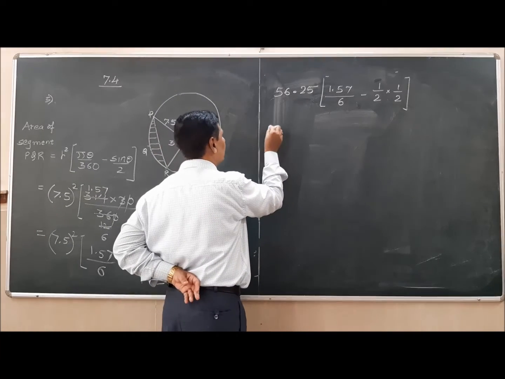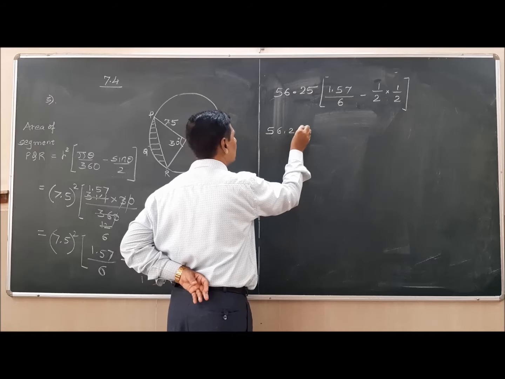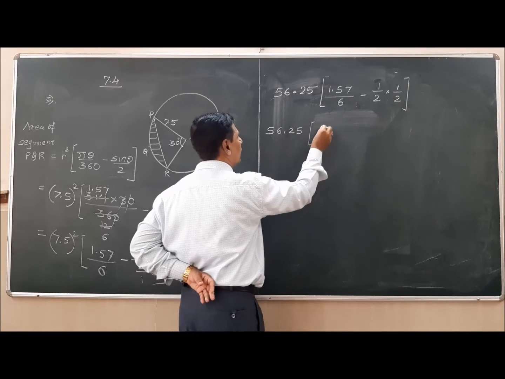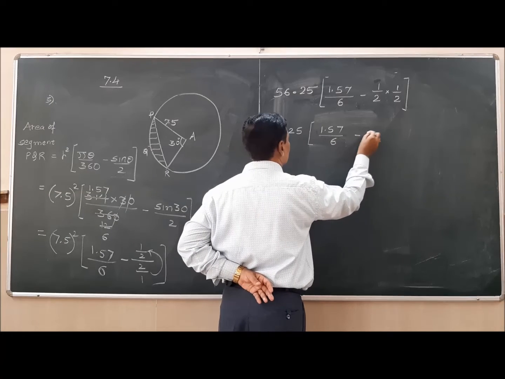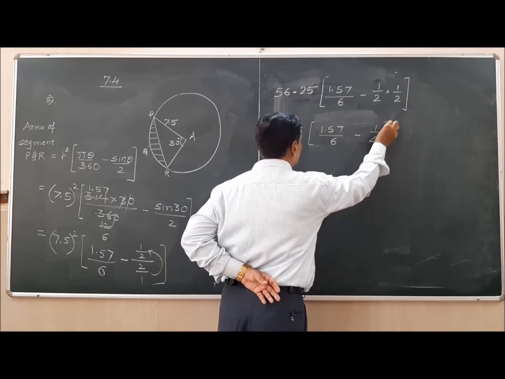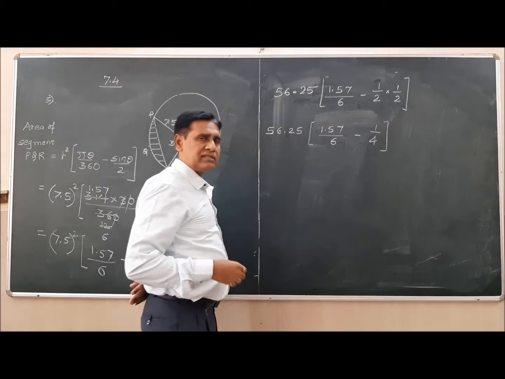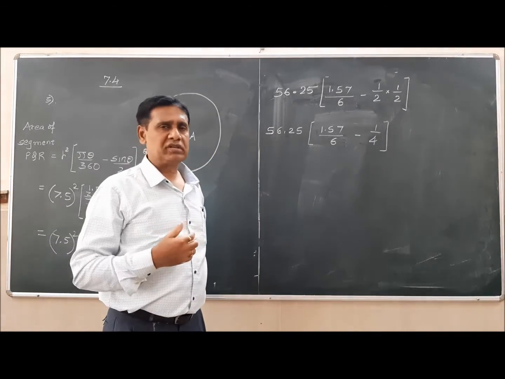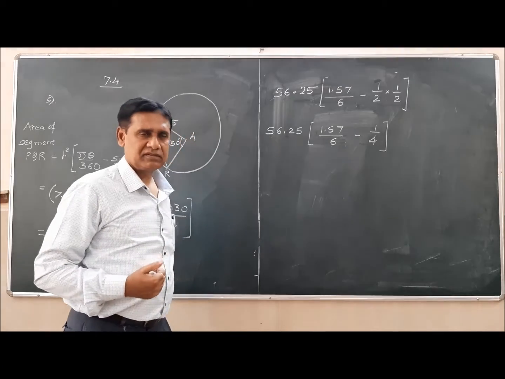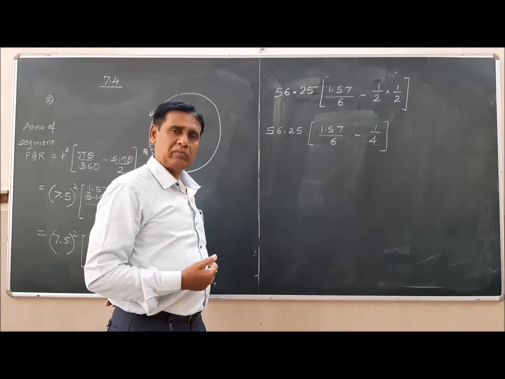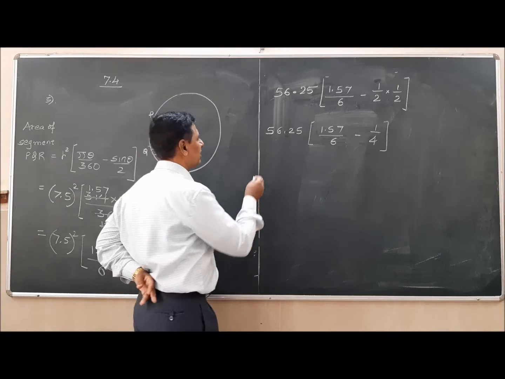So 56.25 into 1.57 upon 6 minus 1 upon 4. Here also in the same way, I am not going to take LCM, but I am going to divide 1.57 by 6 as well as I am going to divide 1 by 4. So that will give me